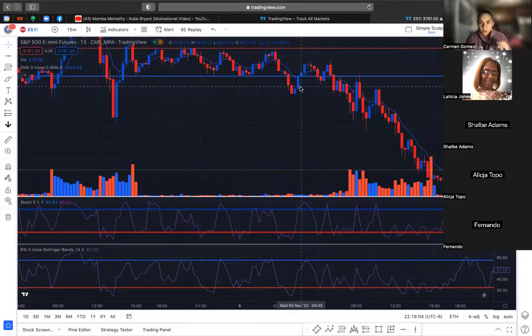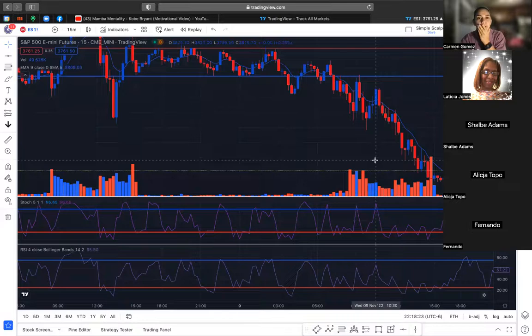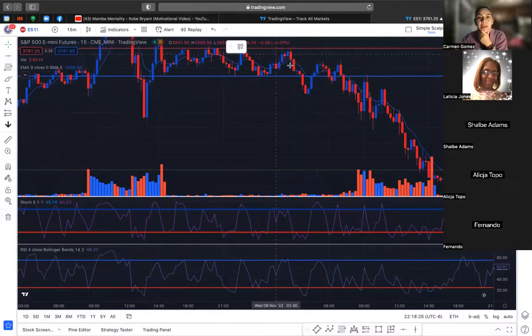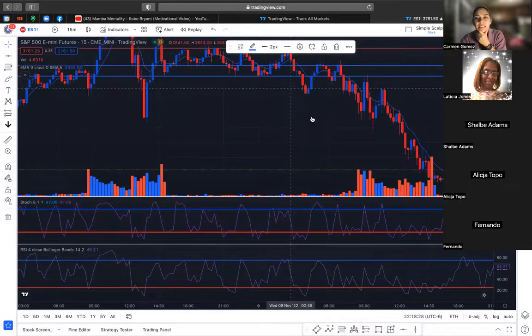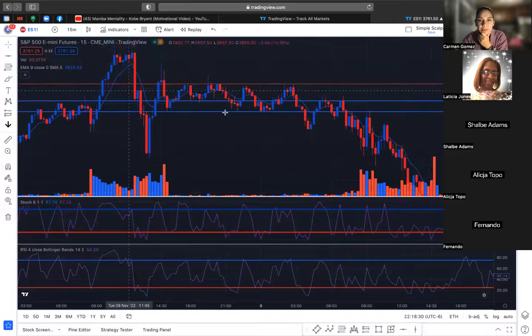Okay, so you need to understand that after every impulsive move, there is a retest. The market will always come back and retest that price point before then having the next impulsive move. So what do I mean by that? Well, we can see that price is consistently tapping between this area here, and it seems that it can continue to ride out, and you would potentially say, okay, well, when do I know when to stop?